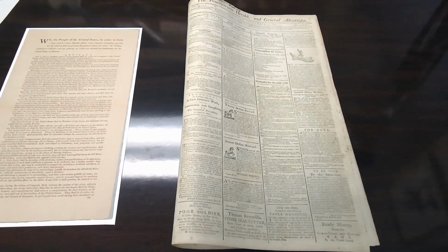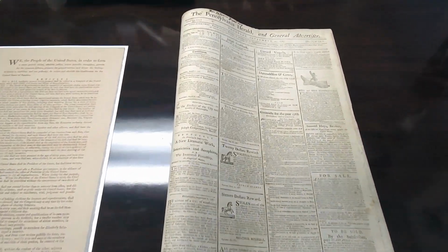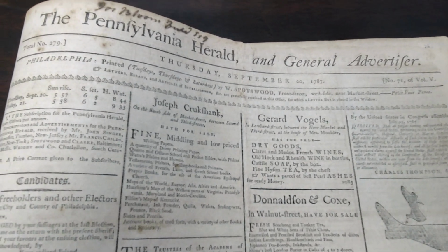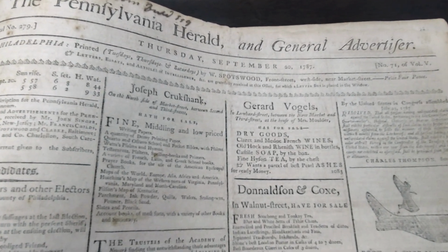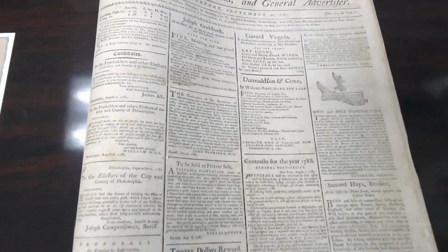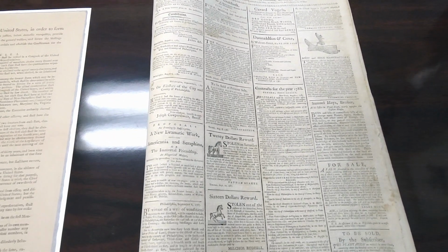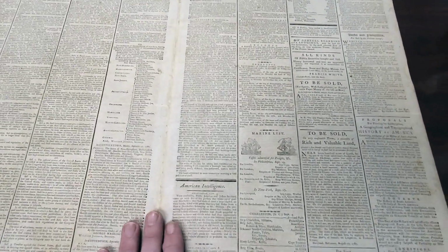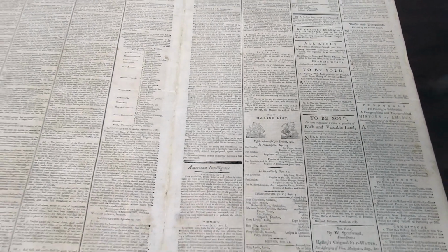Here's a newspaper, and that's the replica. This is an original newspaper from Philadelphia. There were 5 papers that printed on September 19th, and this is the only one that was a tri-weekly, so it printed on September 20th. And I'm going to open the page. So pages 2 and 3 of this 4-page newspaper